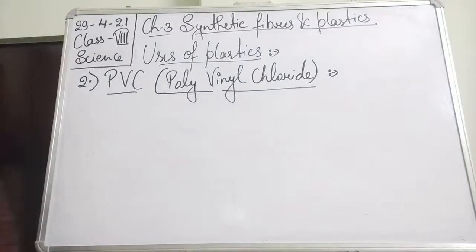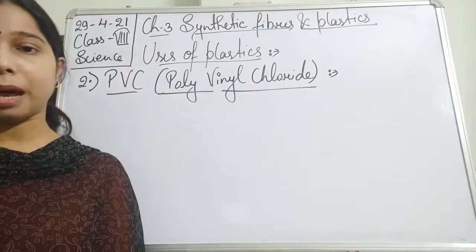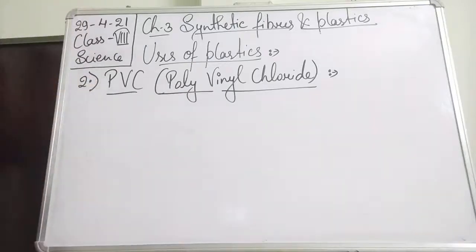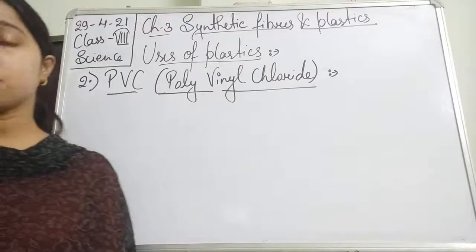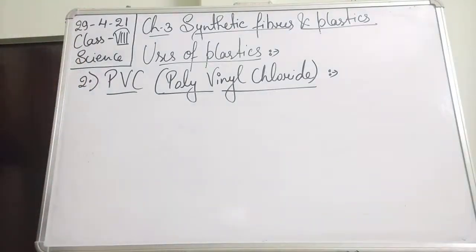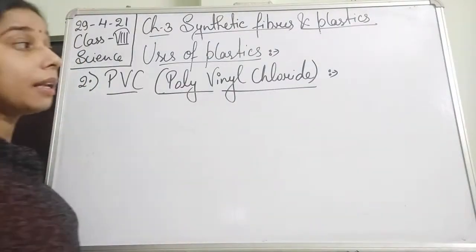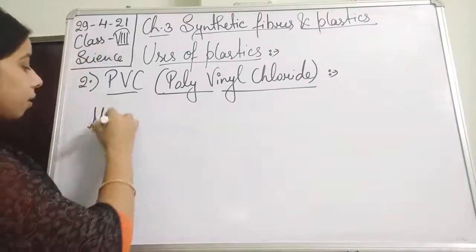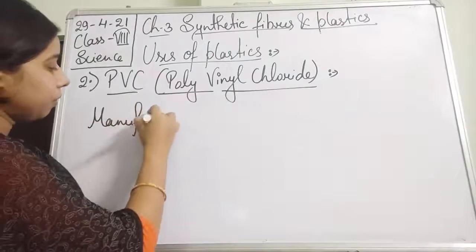Then it is used for making sanitary napkins. Furniture is also made from it. It is also used for the insulation cover for cables and electric wire. So we can say here that it is used in the manufacture of